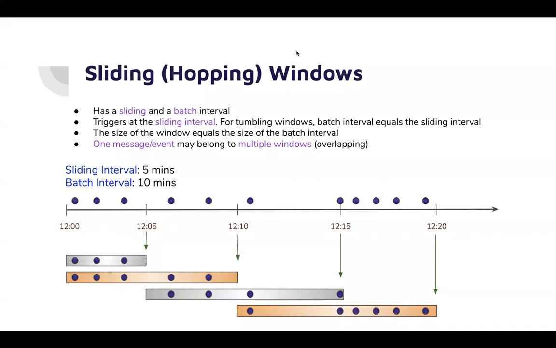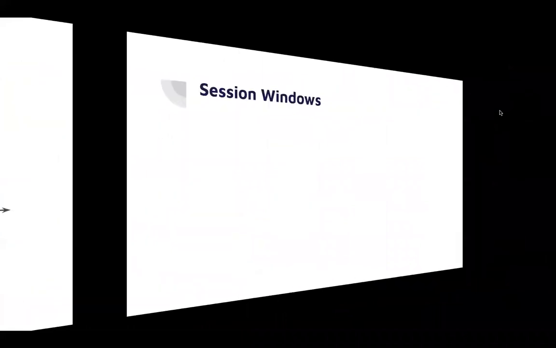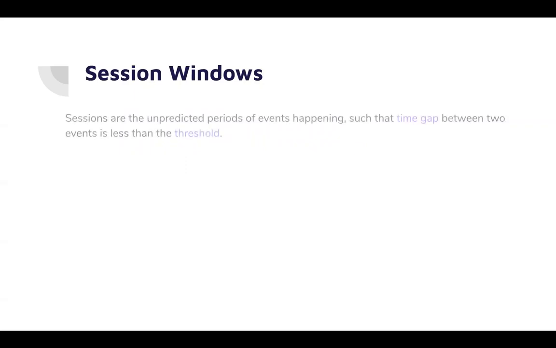Most of your processing requirements will be satisfied with tumbling windows and sliding windows, but there are some more complex types of windows as well. Let's have a look. One is the session window, where there is no fixed batch interval. All you have is some kind of inactivity duration. So you log into some kind of web server or website, you stay there for some duration, and you stop your activity. So a session is marked by some inactivity, a gap in the activity called the inactivity duration.